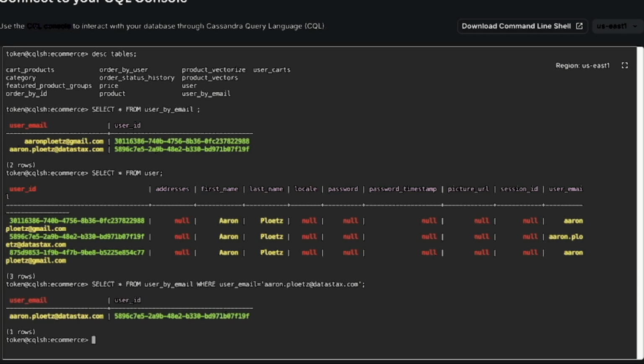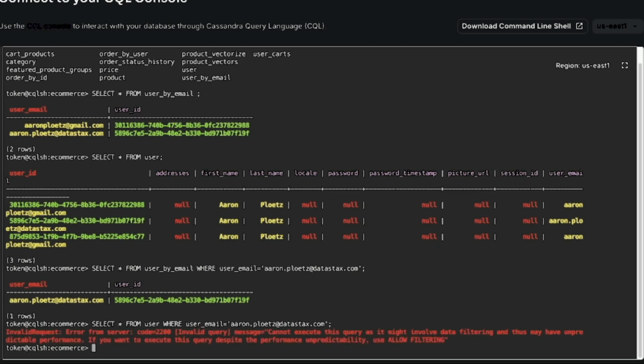That pulls back the user ID that we would then use to query the user table. So what if we just did an up arrow and tried that on the user table? Of course, that's an invalid query because we're not using allow filtering and we don't have an index on it yet. So let's take care of that.